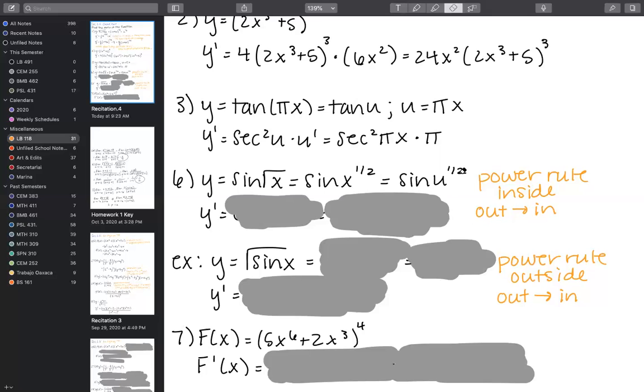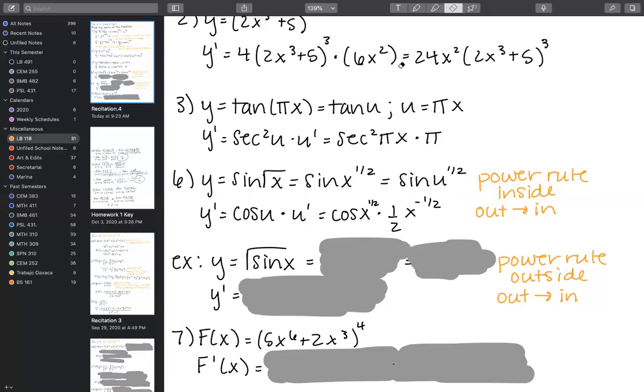So the way that it's going to shake out is we're going to drop that. So the 1/2 is not, getting ahead of myself. We'll get to that with the next problem. So it's going to be the derivative of sine, because sine is the outermost aspect of the function, which is going to be cosine of u to the 1/2, because we keep it. I think that is a mistake, but I believe I make a correction here. Should be cosine of u to the 1/2, because we're going to keep the function the same here. And then it's going to be times u prime. So we get, yeah, I made the correction here. So we get cosine of x to the 1/2 times the derivative of x to the 1/2, which is 1/2 x to the negative 1/2.